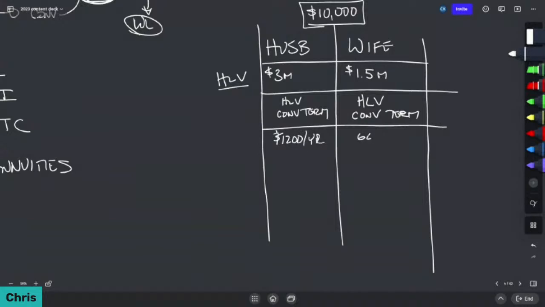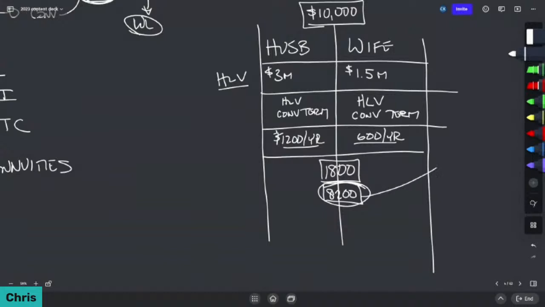And let's say for her, it's $600 per year, right? So now out of that $10,000, what we have here is $1,800. $1,800 is what you have to insure the human life value. Now, what does that leave you? In this scenario, it would leave you with $8,200, right? Now, what we want to do is take this $8,200 and put it on the life of the most insurable person, because that's going to be the most cost-effective way to go. The youngest, the healthiest, anything of that nature. Because now you have the human life value locked in.